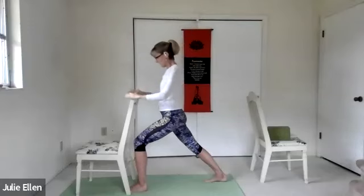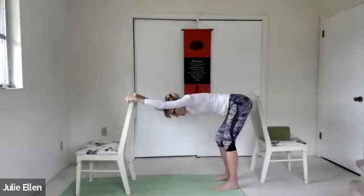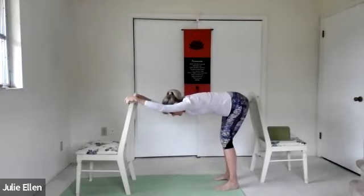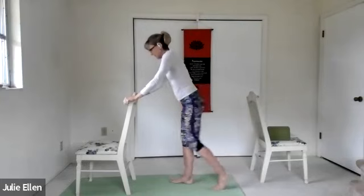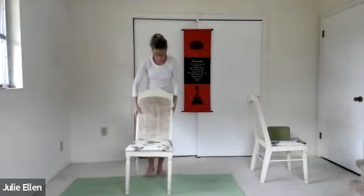Hands are going to come back to the chair. We're going to step back and stretch it out. Side to side movements of the hip. And we walk back to the chair. Good. I'm going to place the chair